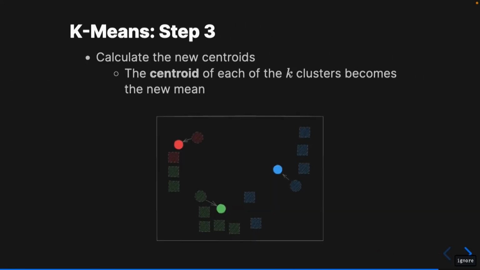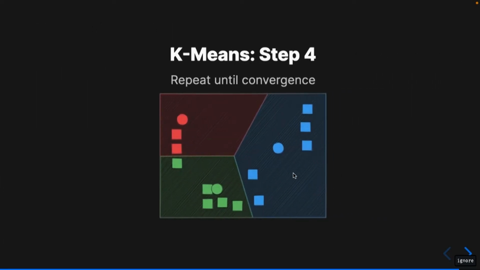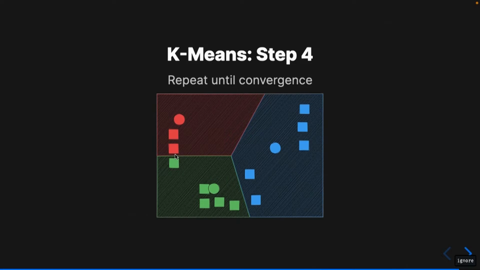Once we've identified which cluster each point in our data set belongs to, we then recalculate the centroid. It's essentially a center of mass calculation, right? Find the mean of all of our points and assign our centroids to these new locations. Once we've got these new means established, the process repeats. We calculate the distances again, identify which mean each of our points is closest to, and split